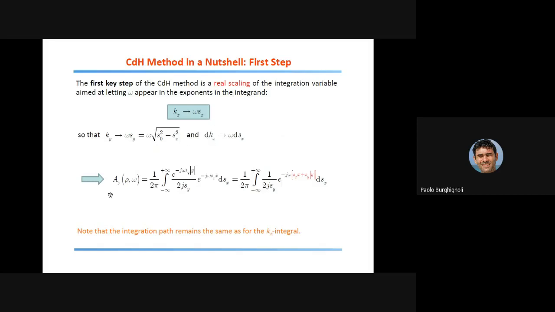And then you are able to write the potential in terms of an integral with respect to Sx, this new integration variable. And here I have collected the two exponentials in a unique exponential in which you can see in red the part containing the dependence on the new integration variable Sx. Note that so far the integration path remains the real axis, so it's the same as for the original kx integral. Now there is the key step,